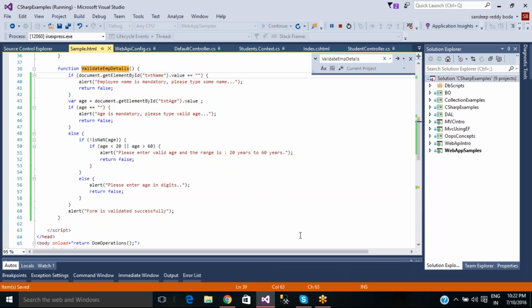So like this, people will do JavaScript validations and they will be executed. For these kinds of validations, we are not required to do server-side coding. We can do all these things in our C# also. When we discussed our ASP.NET first CRUD operations, you remember we wrote something like textbox.name txt name.txt not equals to